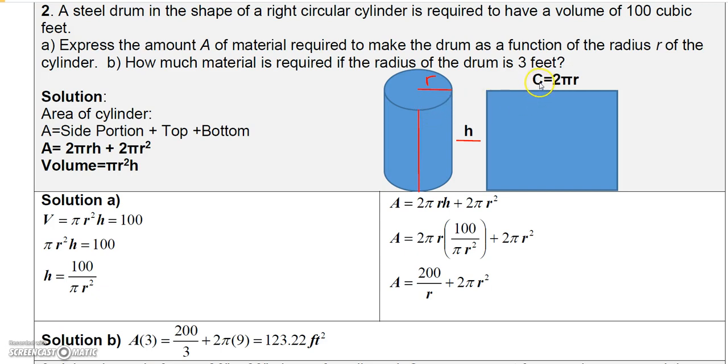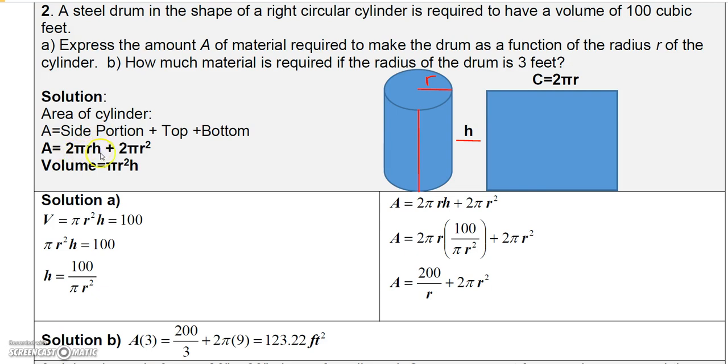So that circumference would be 2 pi r. So the dimension from here to here would just be 2 pi r. So now we know that the area here would simply be 2 pi r times h. So now we've got the area of the side portion, and so the area of the side portion is 2 pi r h,